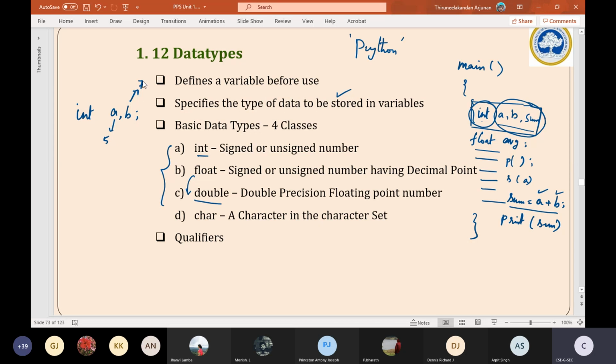Okay, in addition to this, sometimes we can also store some negative numbers. For example, in this a I can also store -10. So the only restriction here is integers cannot store fraction numbers. Round values, both on the positive side as well as on the negative side, it can store.